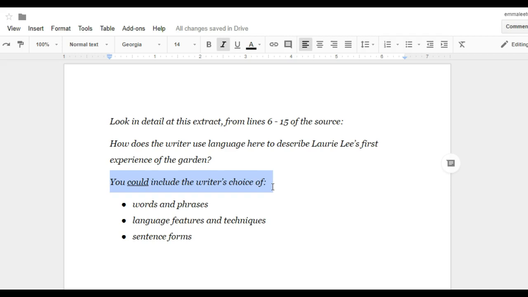So there's no reason why it becomes, you must write about all of these bullet points. What the bullet points are actually there for is just in case you have a bit of brain freeze. So you go into the exam and you read the question that says, how does the writer use language here to blah blah, and you go, I don't remember what it means by language. So it's just to give you a bit of an outline really, and unfortunately it's become a bit prescriptive, which is why I think people are suffering as a consequence,